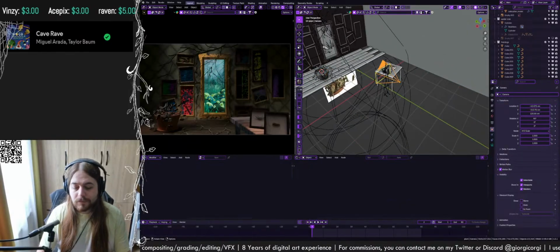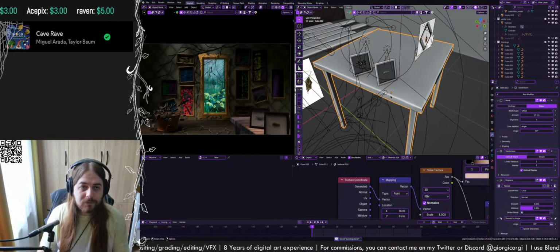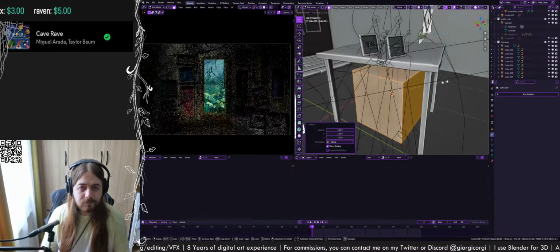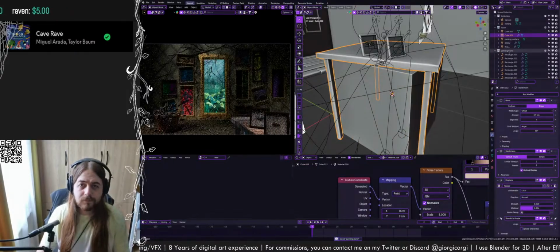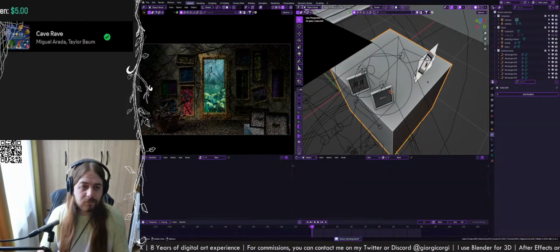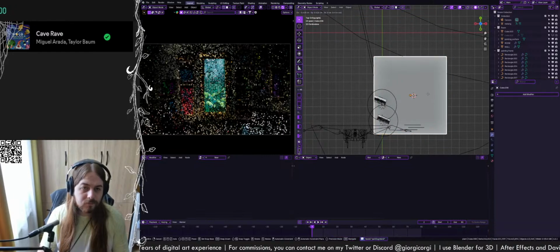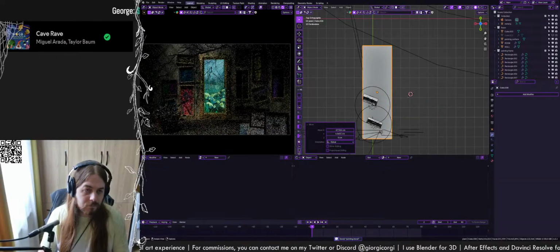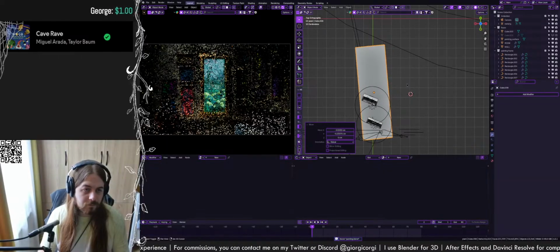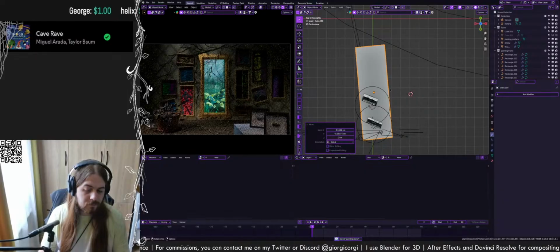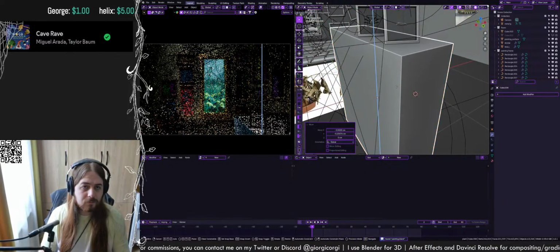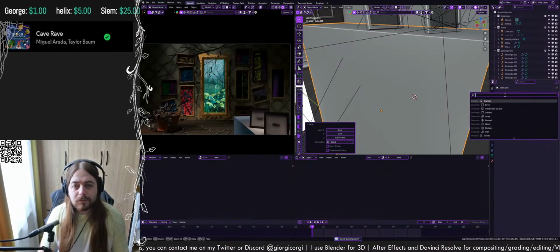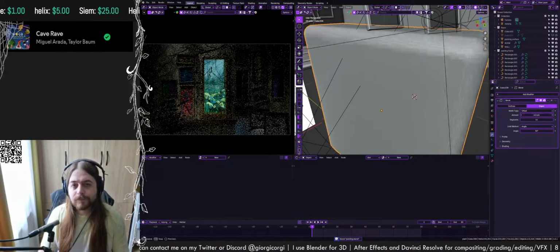Okay, let's change this table to a desk, maybe. Drawer rather, not a desk. Okay, just do bevel or